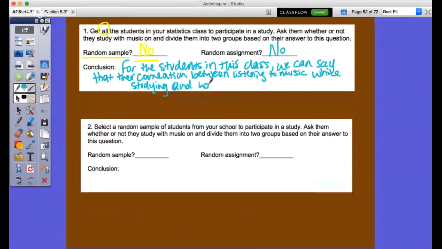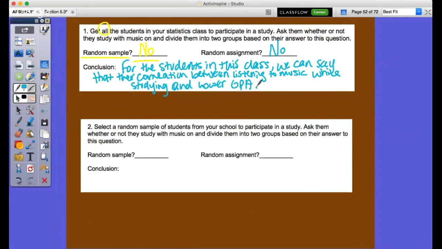Here we are. Lower GPA. We can't say cause, right? Can't say cause, we could just say that there's a correlation. So if there's no random assignment, there's no random sample, we get the data and we just say that there's a correlation. So what can we say about number one? Well, we're going to come back to number one, and I'll piece it together to show you the